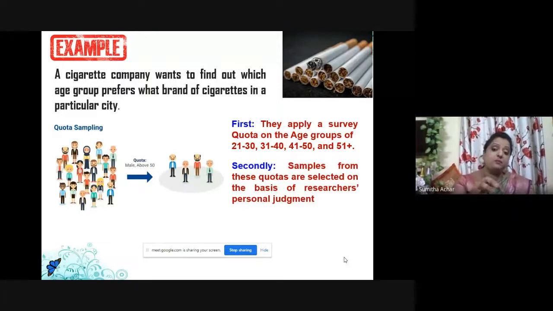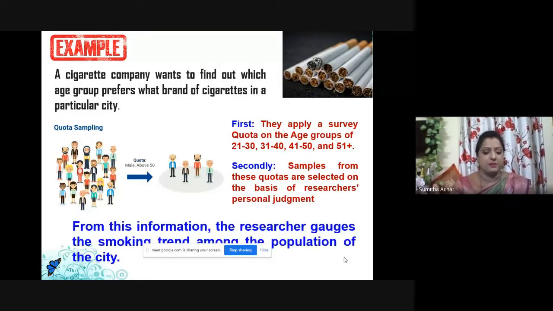Now, to pick up the people from the strata in stratified sampling, we had two techniques, proportionate stratified sampling and disproportionate stratified sampling, where we made use of standard deviation. But now we do not have any such method. It is purely based on the researcher's call or personal judgment. You can mix it with convenience sampling or judgment sampling to pick up the samples who are between the age group of 21 to 30. Or, by looking at the people, you can make a few analyses of whether the person really smokes or not. Based on that also, a researcher can take a call.